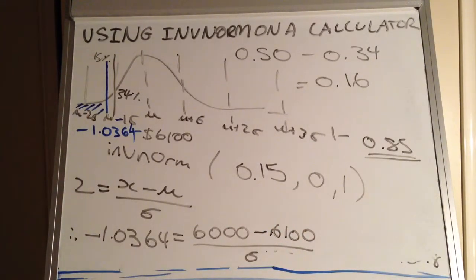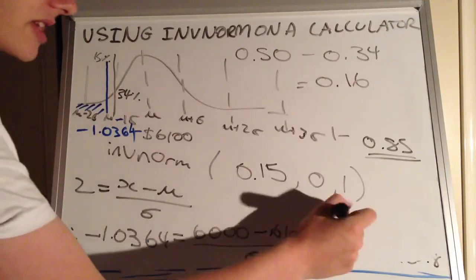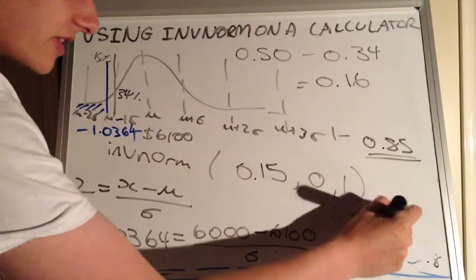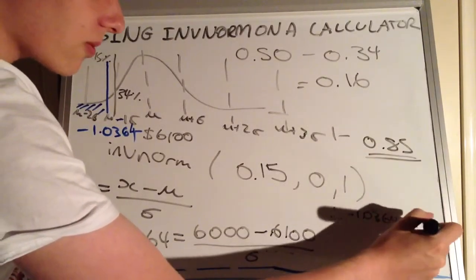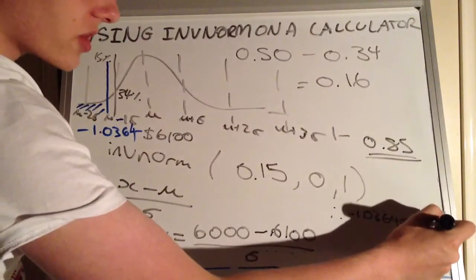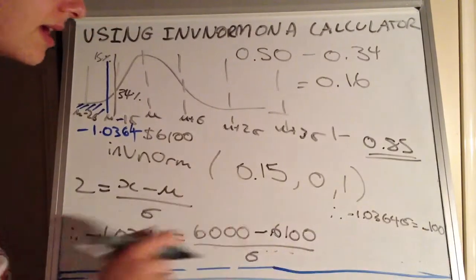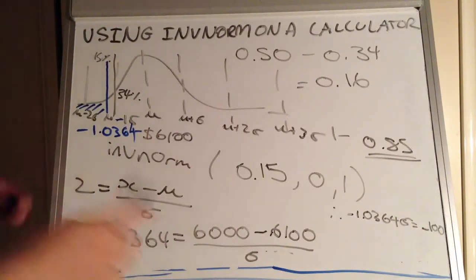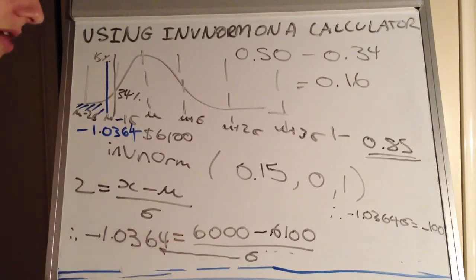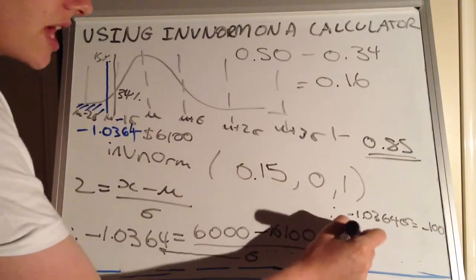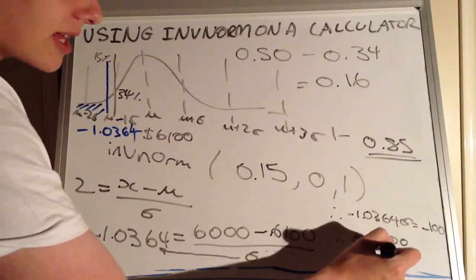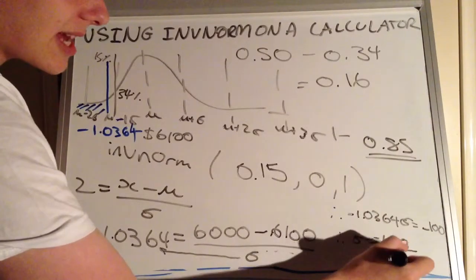Okay, and so from this, what we can do is we can bring sigma to this other side here, and we can go, okay, negative 1.0364 sigma equals, and we can simplify this, 6,000 take 6,100 is of course going to be negative 100. So now what we do, and again I've just brought sigma from the denominator on the right hand side to the numerator on the left hand side, which is what you do when you're isolating values. So we know that sigma equals, in fact that's negative 100 divided by negative